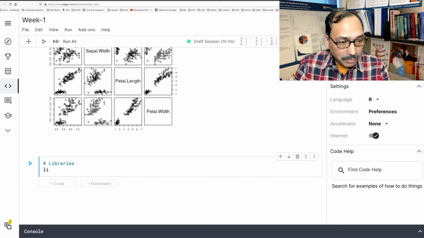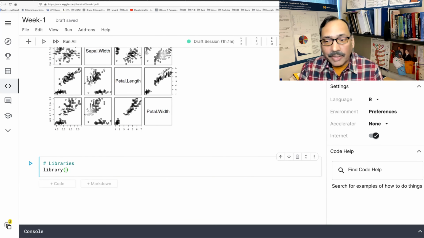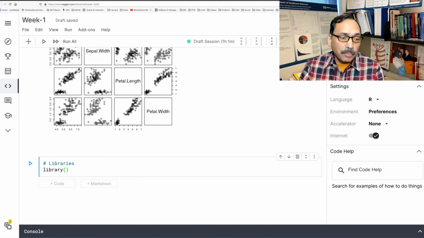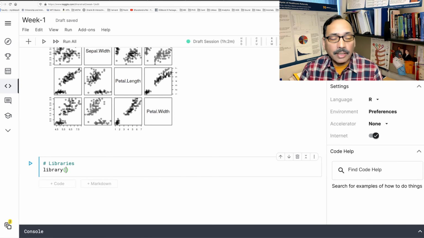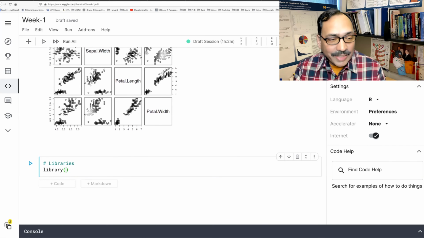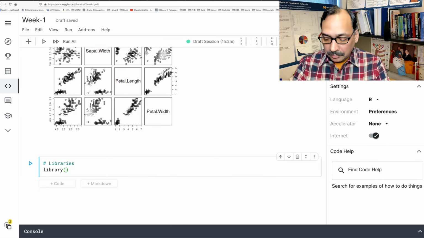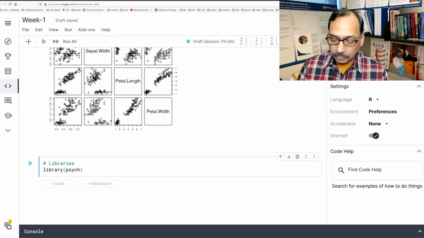One popular library is... To activate a library, just like if you have to borrow a book from a library, you have to do some extra work. You type the library command and say which package you are interested in. We are interested in psych, P-S-Y-C-H.